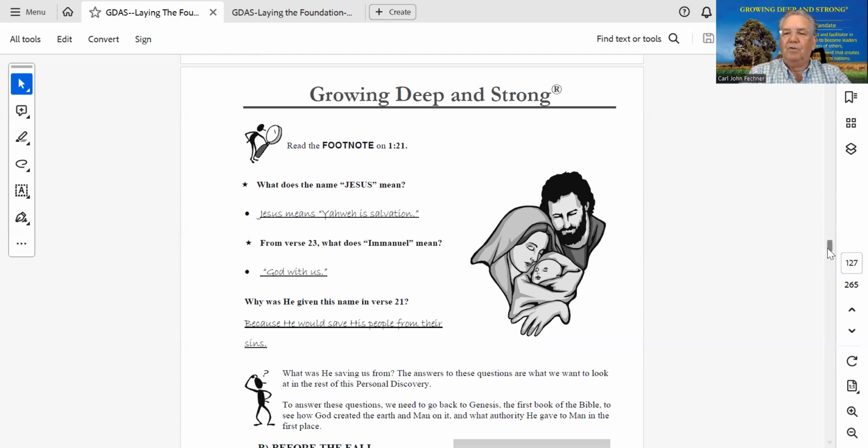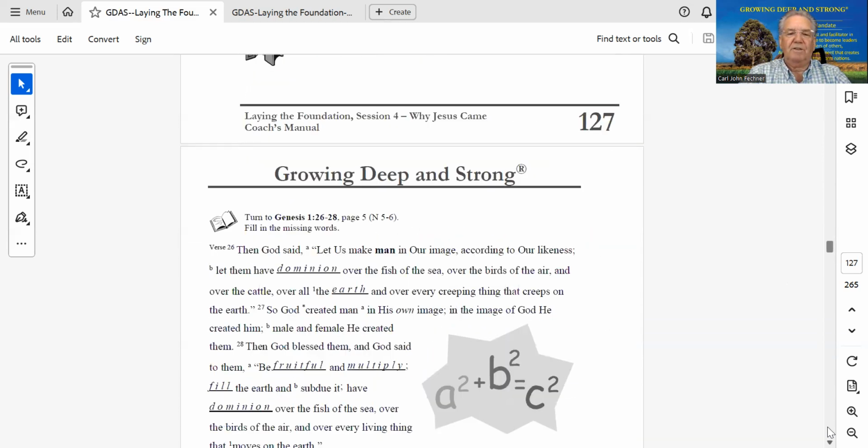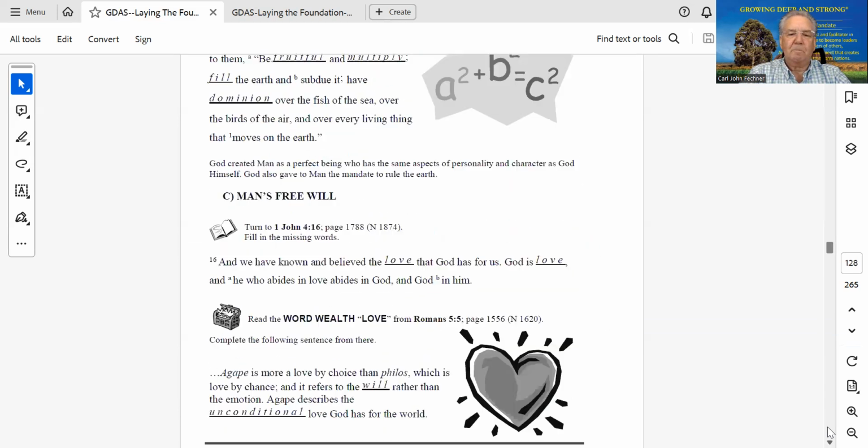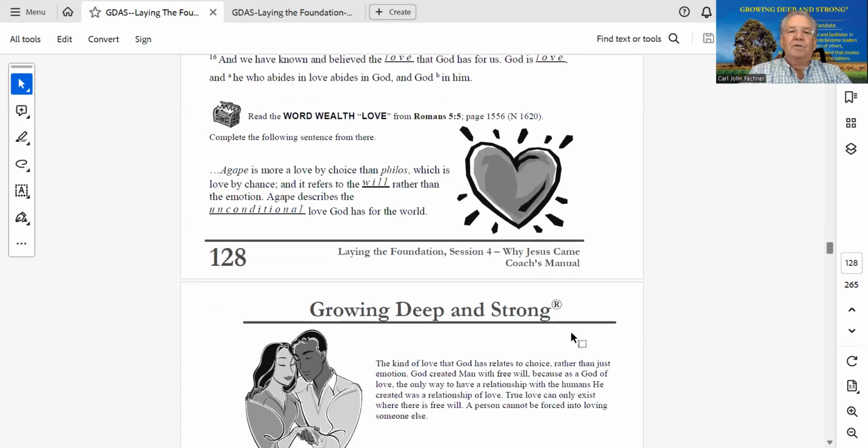Let me now scroll a bit more. I'll show you a couple of other things. I'll cover these in the Bible, but there are things in this Bible. This is a great study Bible. So, read the word wealth, love from Romans there. Look up the Bible verse. Complete the following sentence. So you're asking them to fill them in.